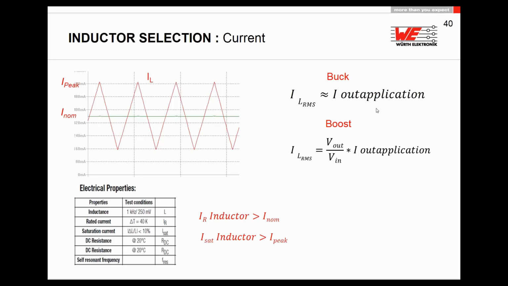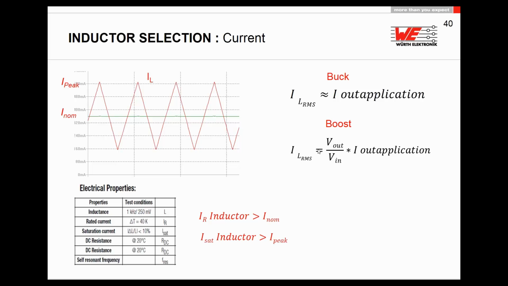I would say for the buck converter, the output current of your DC-DC converter is the maximum current, which is the RMS current passing through your inductance, because the inductor is supplied with current and should not saturate at all at this level, and should not run hot. And for a boost converter, I will use this formula anyway for calculating the current which is passing through the inductor,